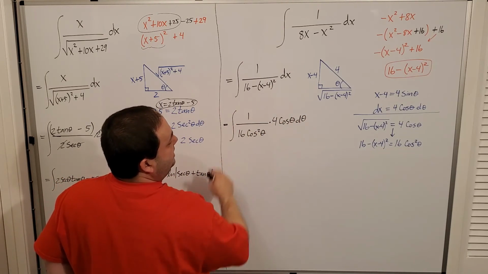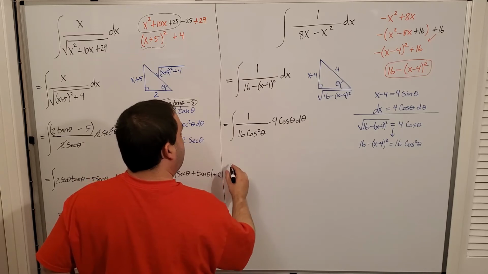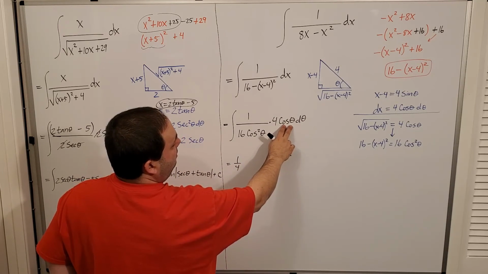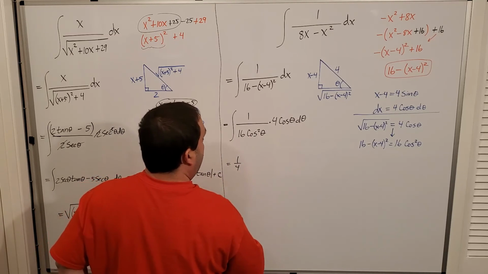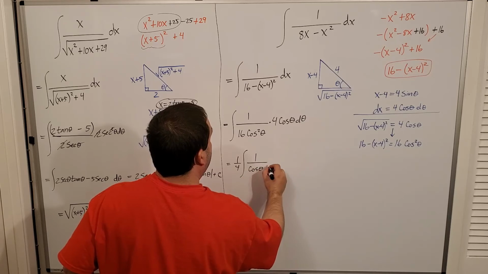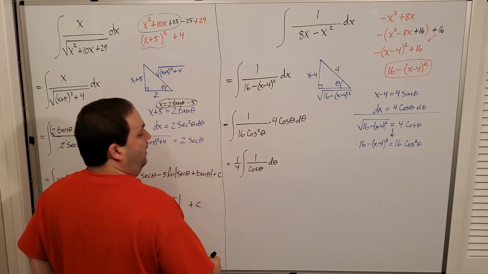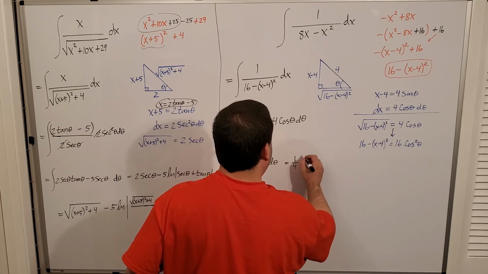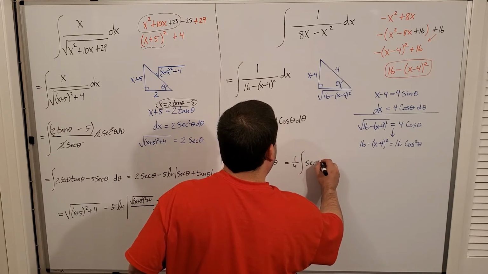I can then reduce this integral by doing 4 over 16, which would give me 1/4. And cosine would wipe out one of these cosines, leaving me with the integral of 1 over cosine theta d theta. But of course, 1 over cosine theta is really just secant theta d theta,